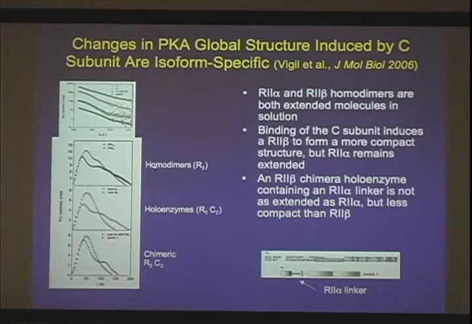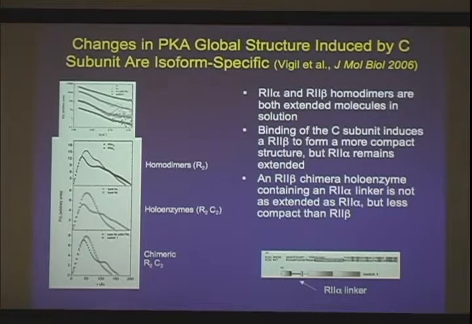Here we have homodimers, and we have the two R2 subunits, and then here we have holoenzymes of R2 alpha and R2 beta. And what you'll see is that even though the homodimers for R2 alpha and R2 beta are relatively similar, at least in their overall length, there is a significant contraction of the structure with R2 beta, whereas R2 alpha maintains that extended conformation. These were experiments done by Don Vigil, and one of the experiments he did was to see